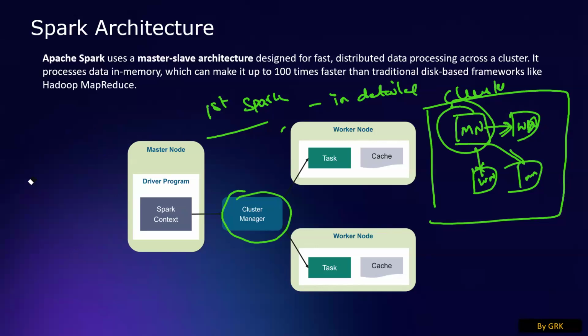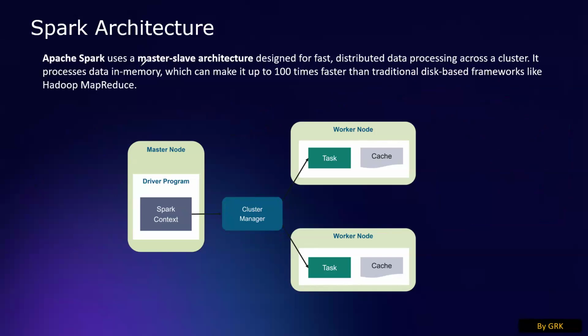Master slave architecture means one node would be a master and the remaining would be slaves, and slaves are nothing but the workers. You will get to know the depth of Spark architecture in detail. It is too early for us to cover that because we have very little time in the demo. So in our first Spark class, you will get to know end-to-end Spark architecture, including wide and narrow transformations, data shuffling, each and everything.